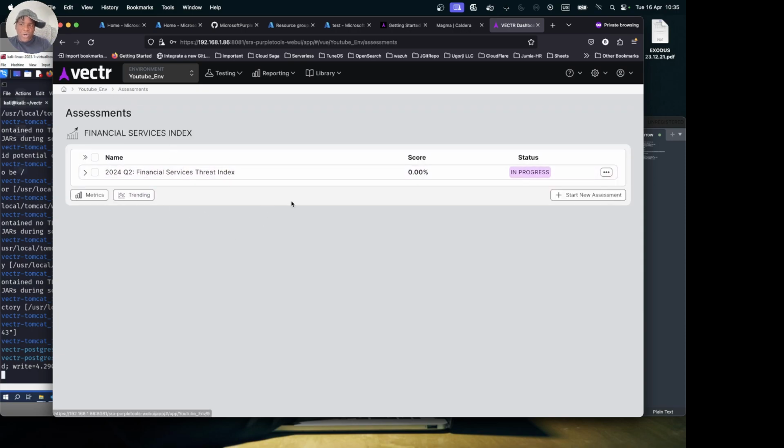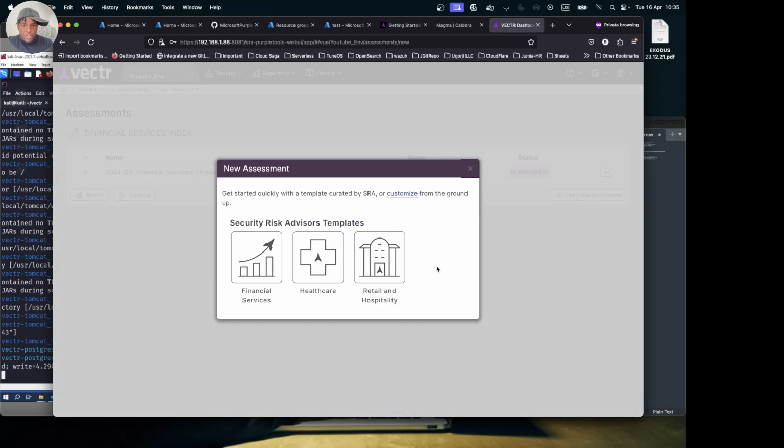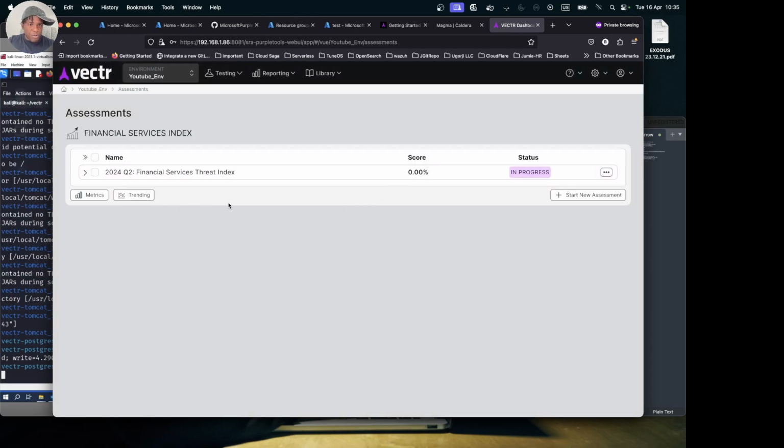Let's assume we don't want to work with this. We want to pretty much build ours from scratch. How do we go about that? If I go back to our homepage, we're currently on our homepage, I can start a new assessment. You can see there, if I want to switch to healthcare or retail and hospitality, I can switch that on the fly and have a new one populated. Or I can also right click here and clone this and use it to create a new one,